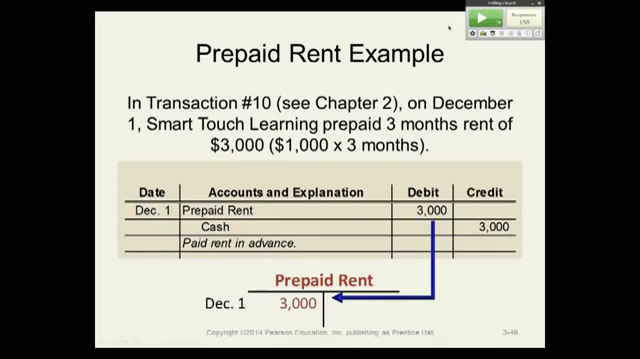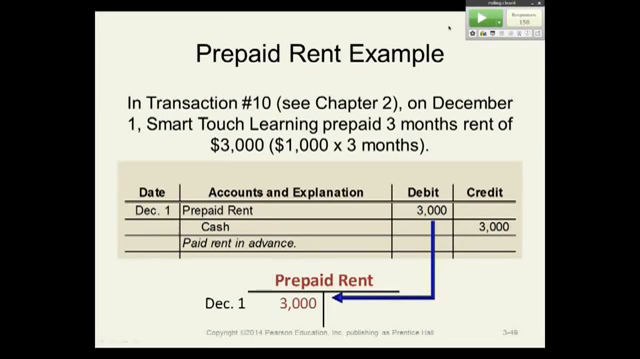So these are deferred expenses. And the first deferred expense is prepaid rent. So in this example, this is the original transaction. The original transaction tells you that our company, Smart Touch Learning, goes out and pays 3 months rent in advance